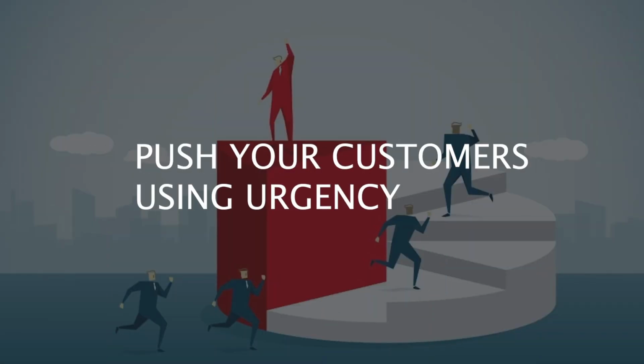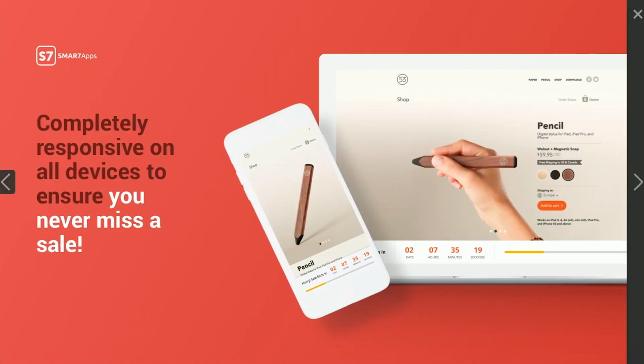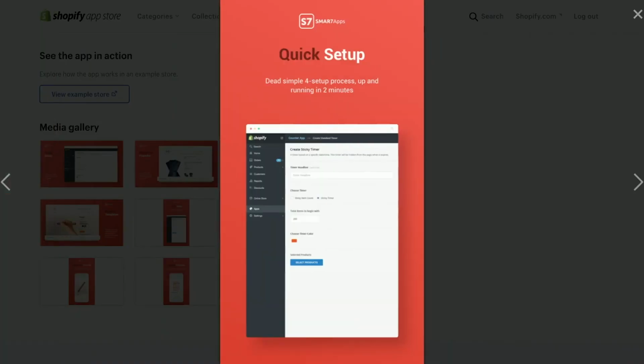Push your customers using urgency. Another trick that all the more experienced dropshippers use is limited time offers. It is scientifically proven that urgency can instantly boost sales and revenue. So what if I told you that the free trial of an app expires in 10 seconds from now and this is your last chance to buy it? Would you take action? The answer is very likely you would. Use the same simple proven psychology to urge your customers to take action and increase your profit.